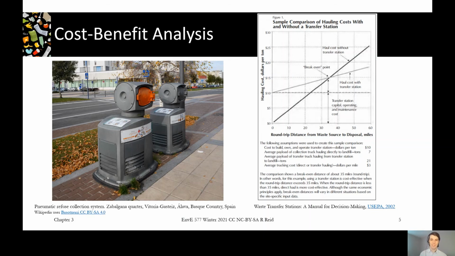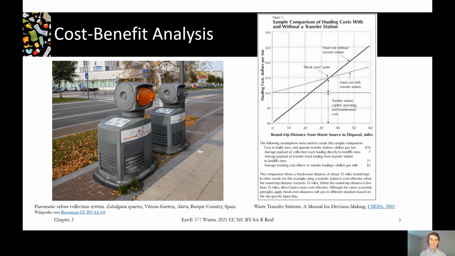And that graph is specifically explaining why you would have a transfer station. So rather than have a lot of trucks drive all the way to the waste disposal site, it makes sense to have them consolidate and only send a few bigger trucks out. But you can extend this thinking about balancing your total cost by seeking the balance between operational and capital cost to anything throughout the waste collection system. So we're going to talk about different options for trucks and spending more money on automation and things like that. And you can think of a similar cost benefit curve when you think about those.